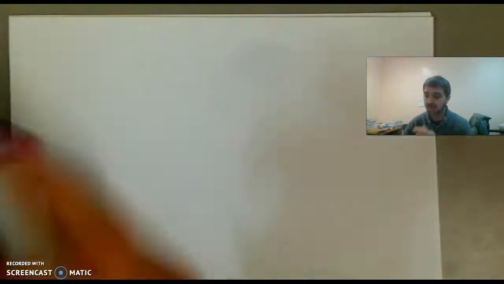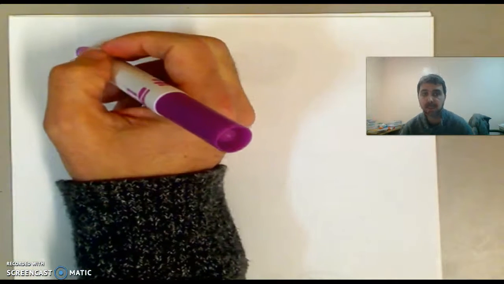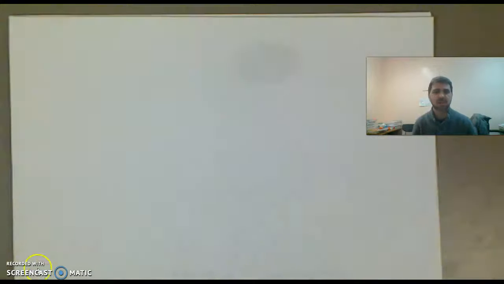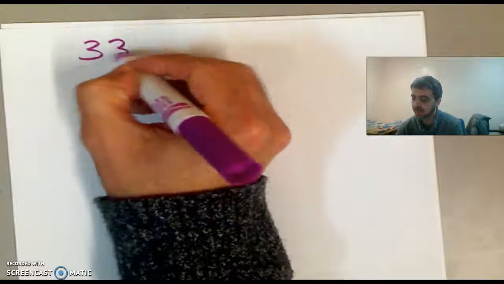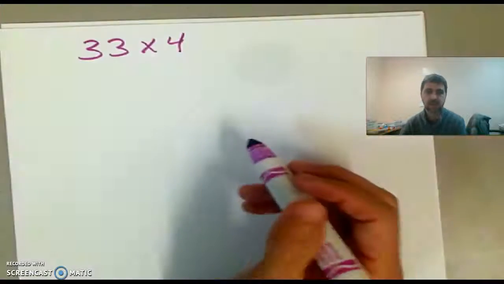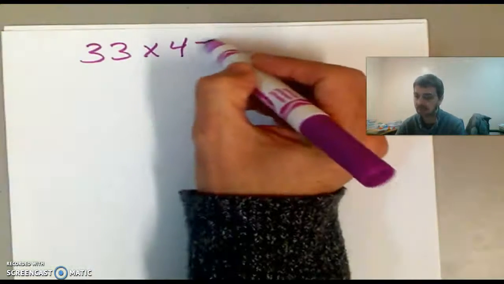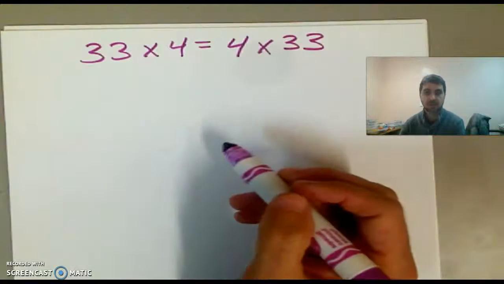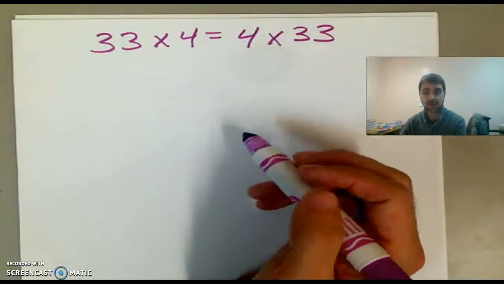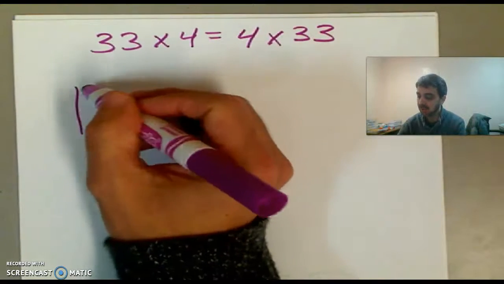So if we look on the next slide, you have some problems. I believe your first problem is, let me just check. So your first problem is 33 times 4, okay? So I'm going to think of this as 4 rows of 33. So the way I would do this and the way I would like you to do it is we're going to draw a rectangle,